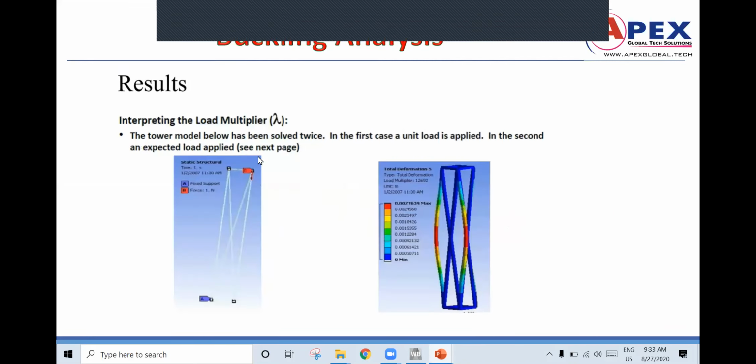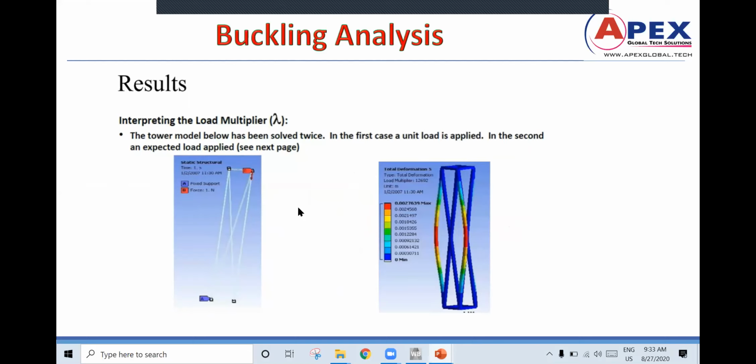Okay. So here we have applied a load: fixed support, and a force of 1 Newton. Here we are getting the load multiplier, which is nothing but the load factor. Fine.